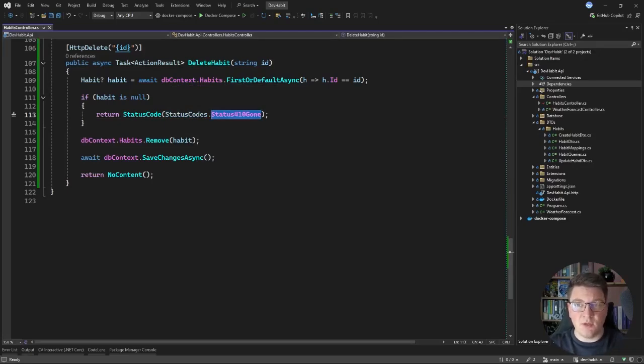But this means that we have to track on the server whether or not such a resource existed. This might make sense if you want to implement support for soft deletes, which I don't want to be doing here. So the simplest and most correct approach would be returning 404 not found. Now, looking at the broader perspective of what a habit will represent inside of our system, there's a bit more